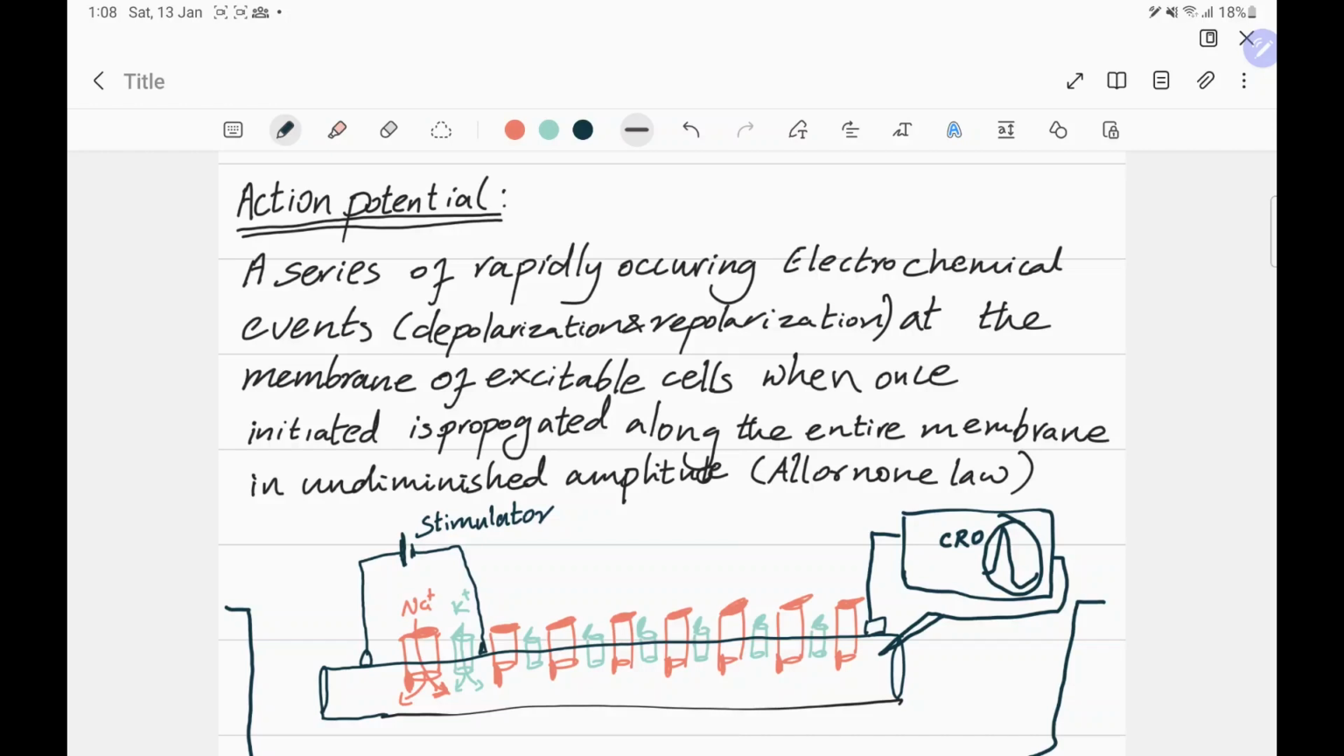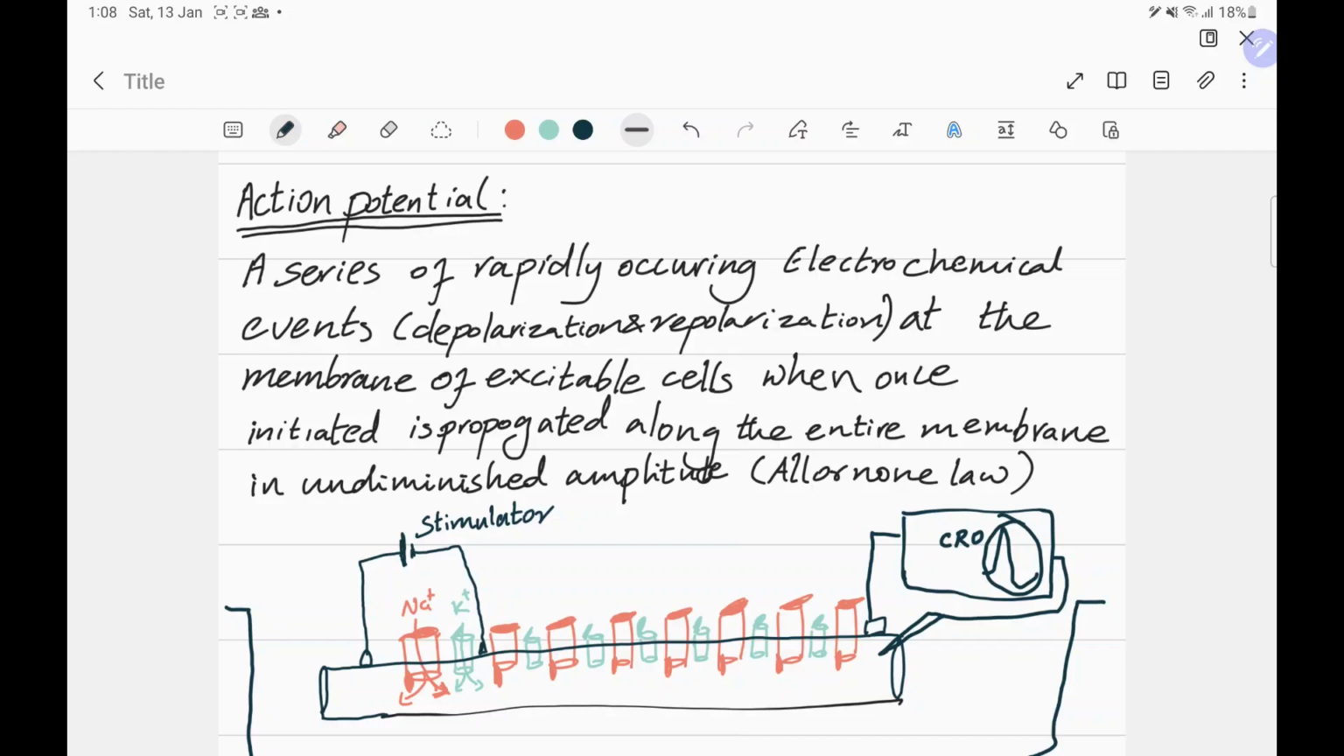So it's a series of rapidly occurring electrochemical events, which is depolarization and repolarization. It takes place at the membranes of excitable cells. Once initiated, it is propagated along the entire membrane in undiminished amplitude. That is to say, it follows the all or none law. Now, I know that's a little too much to take in the first shot, but let's go over these words